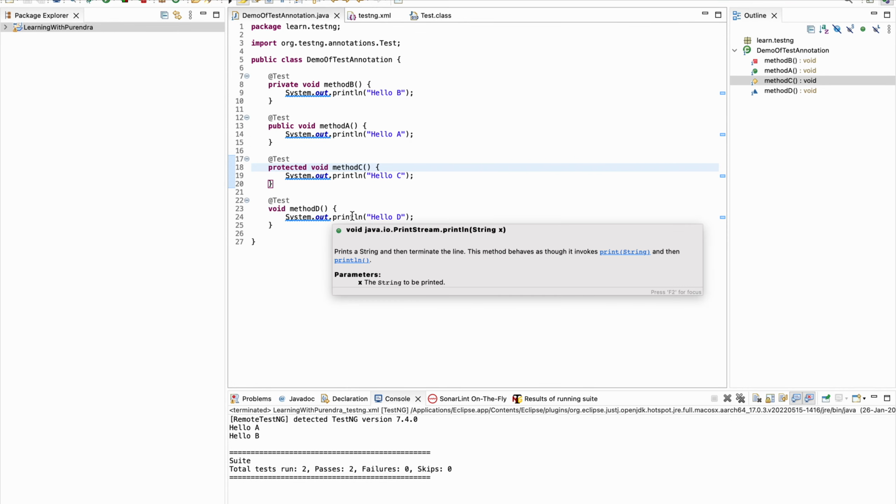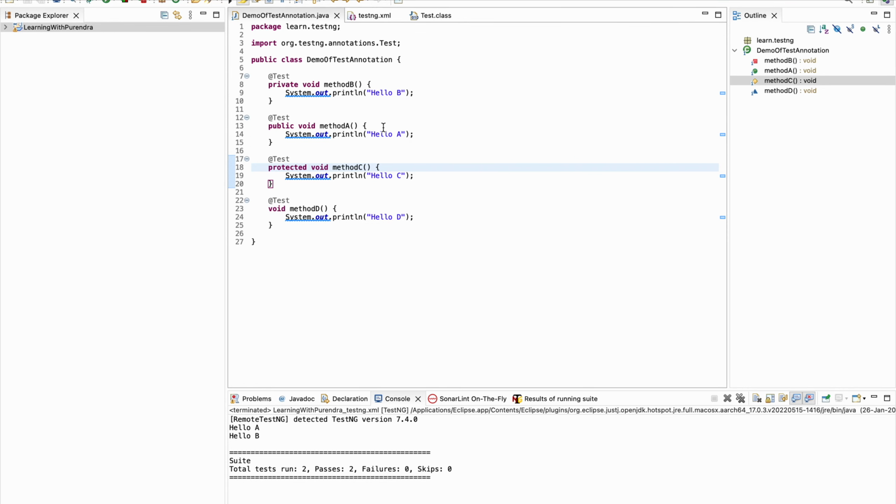Hello everyone. Let's learn another attribute that is group. To define the group in the test annotation, just write groups and then write the group name, whatever you would like to define. You can write more than one group as well,